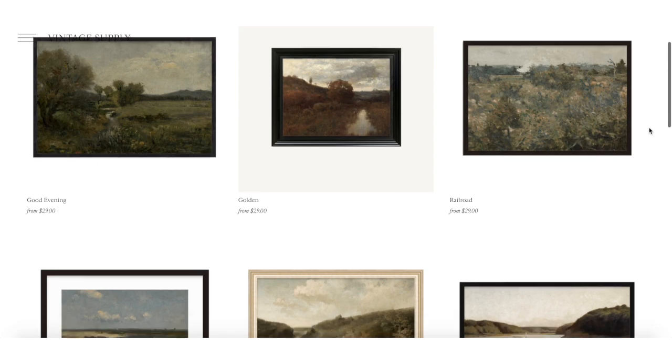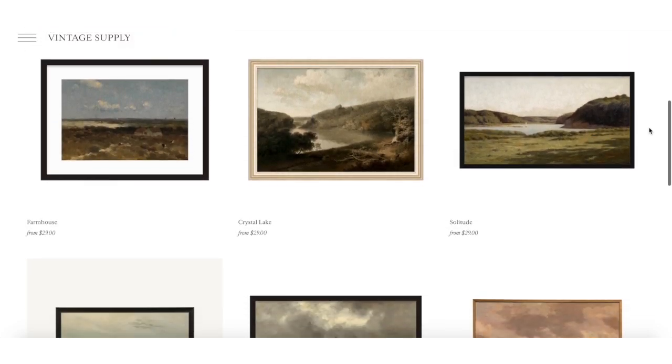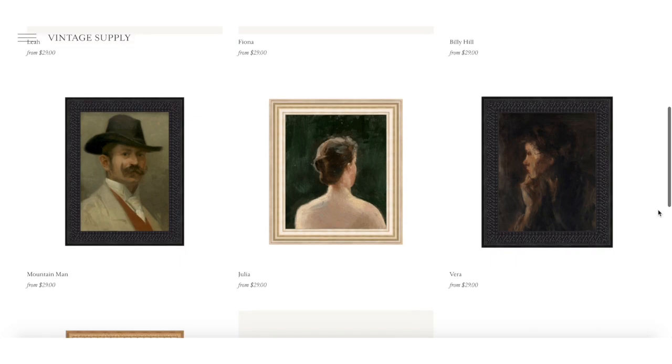So among the highest recommendation was an antique shop called Vintage Supply. And in fact, it's where I got the very piece for my kitchen walls. They have an incredibly beautiful collection of vintage landscapes. They have still lifes, portraits, and really a lot more. What I really like is that you have the option to print with them, or you can just buy the